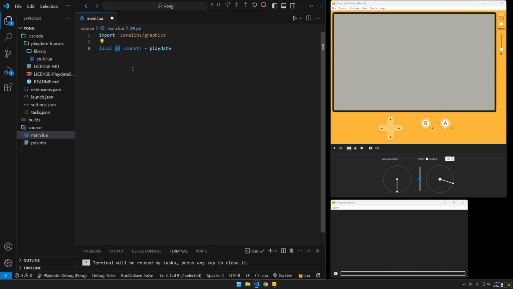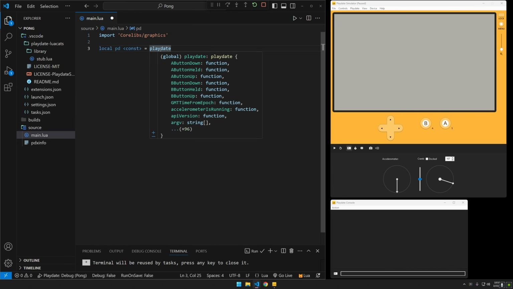Next we have pd, which is just short for playdate, and it makes it easier for us to write it. We'll be writing playdate out a lot, so it's easier for us to write that. Const here means that this is constant, which means we are not able to change this information. It's always going to be what we initially set it up as, and if we try to rewrite it, we're going to get an error, which is great because we don't want to change playdate, and playdate is actually the built-in